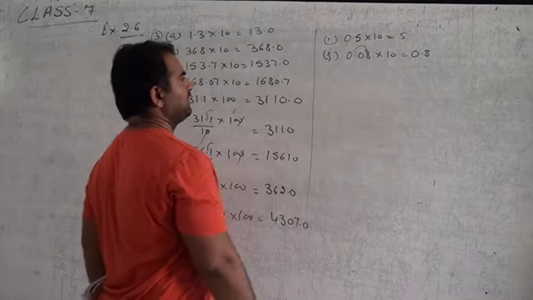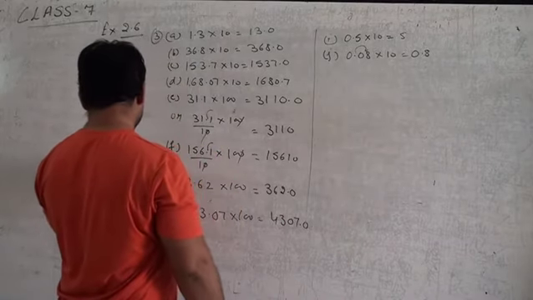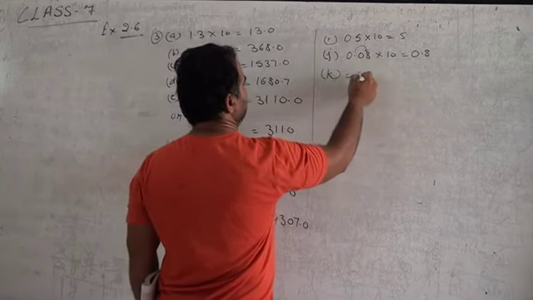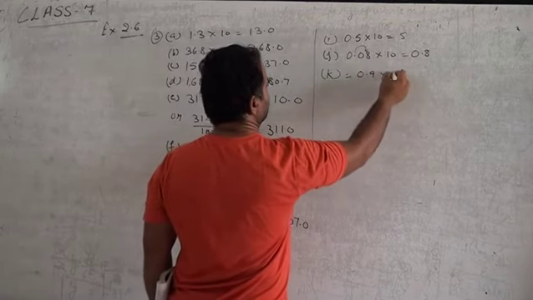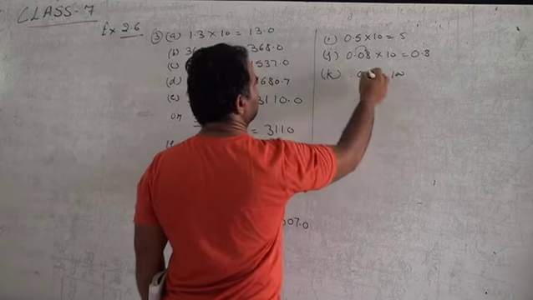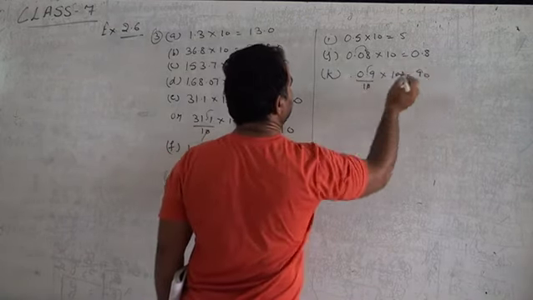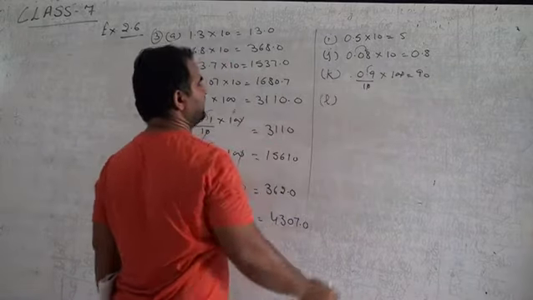Okay. Next is K. 0.9 into 100. So what we do? We will remove that point. It will be upon 10. What is 9 into 10? It will be 90. And question number L is